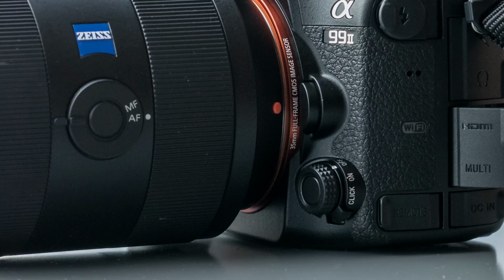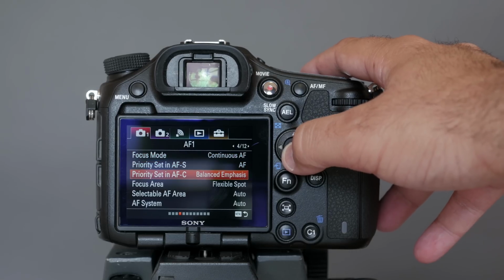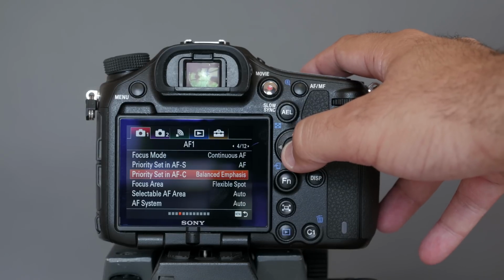single point and servo. So if I'm shooting portraits and then all of a sudden I want them to kind of walk towards me, I had this set so I can just hold this button and it switches into servo. Basically you hit this button right here and you can use this scroll wheel right here if you want to navigate between your autofocus systems, but it's just an extra button on there. But you can go between your standard and your servo and your manual focus and all of that from that